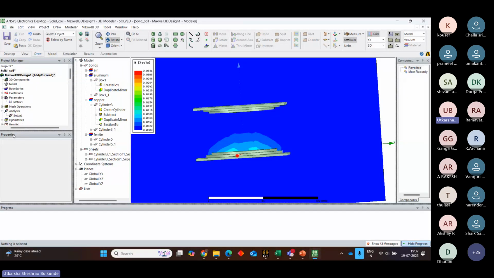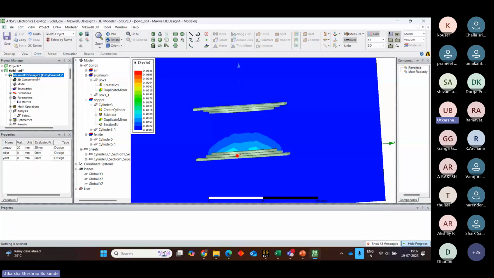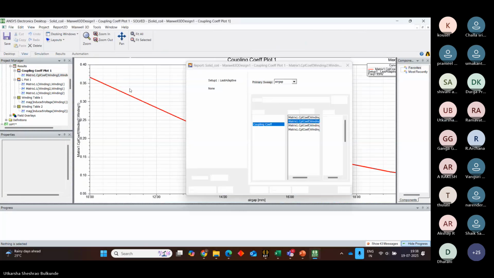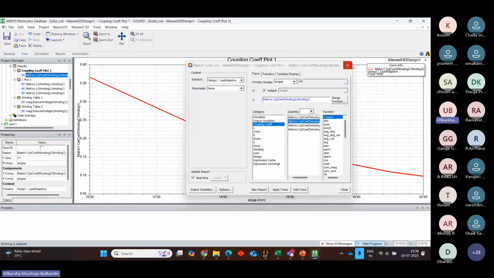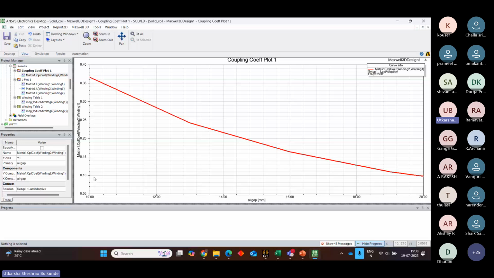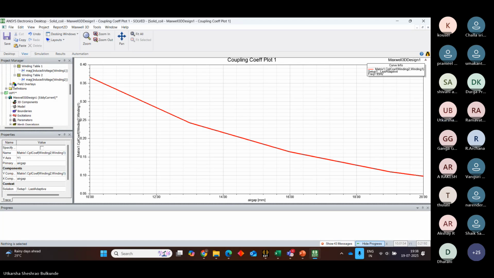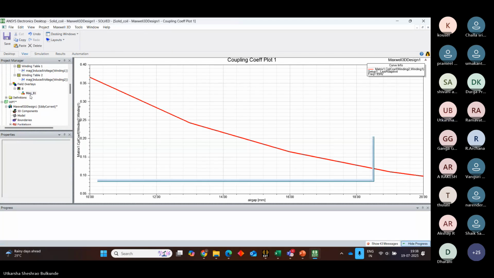So if we have kept it at 20 mm, right? By default, it is kept at 20 mm, right? And for 20 mm, your coupling coefficient is too low. It's around 0.1 or less than that. That's why you are not seeing that